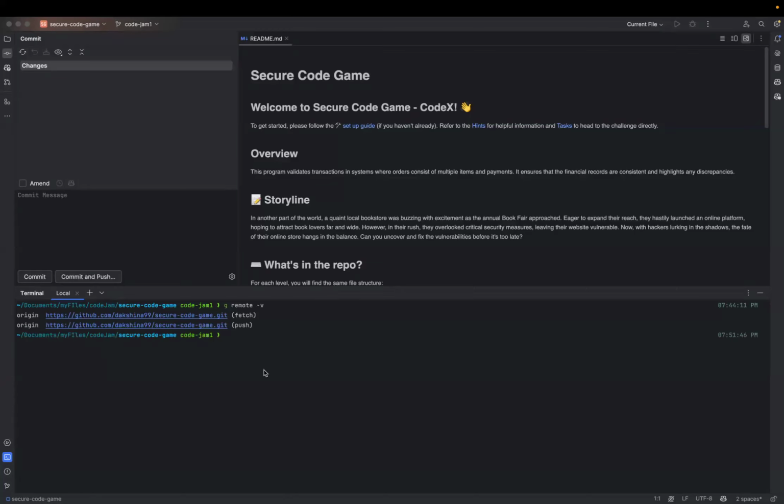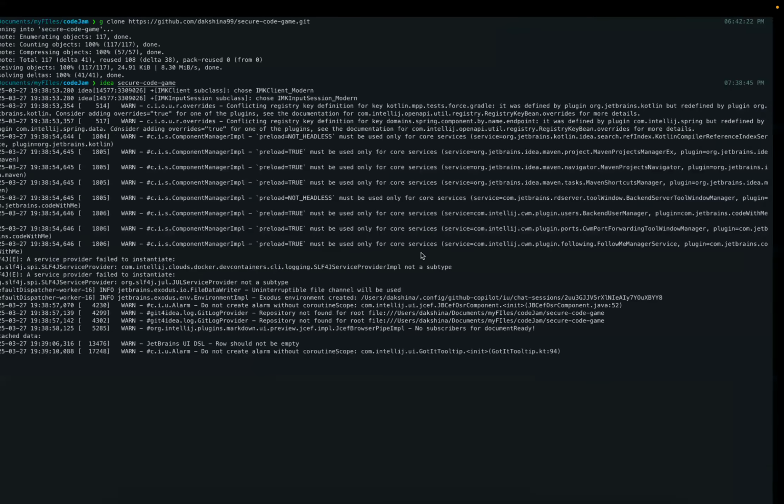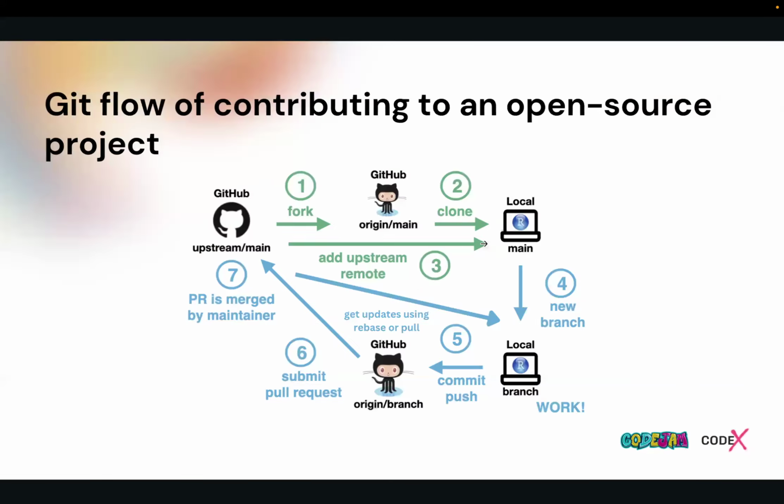To complete that diagram, I need to add a remote. When I go to this picture, you can say this is the upstream, right? So we have to add this upstream as a remote to my local repository.